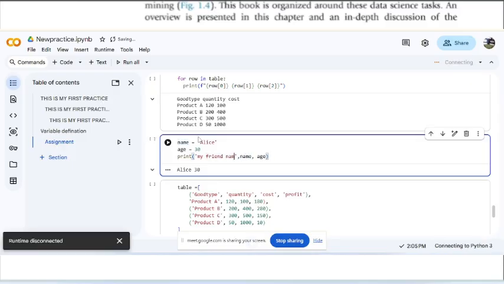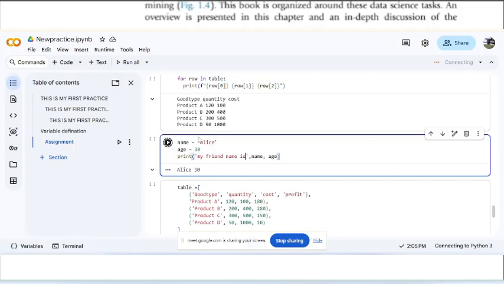Okay, let me have name here. Is... right. So we have something like this. So it's going to return this comment. My friend name is Alice, and